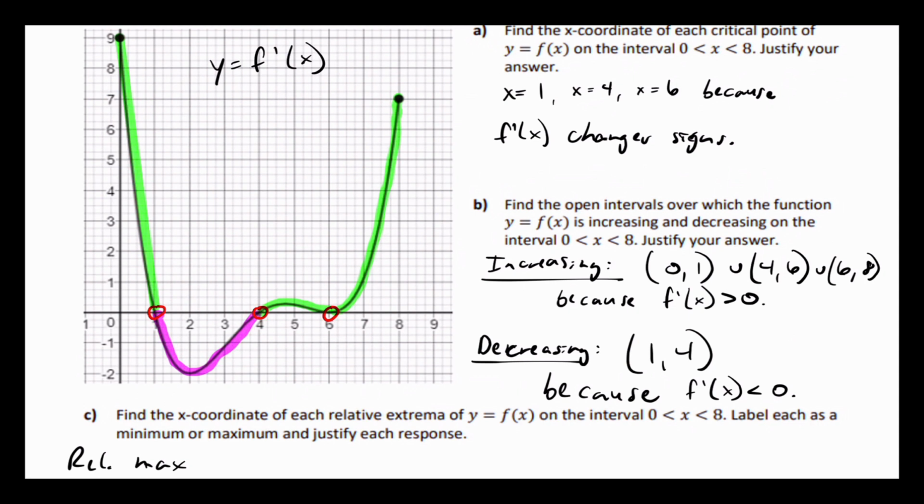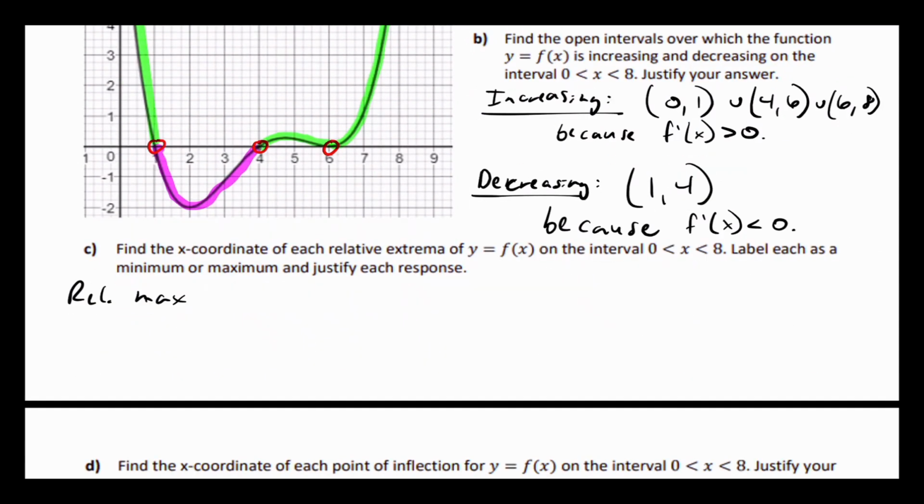Okay, so let's write this down. Relative max at x equals 1. Relative minimum at x equals 4. Because